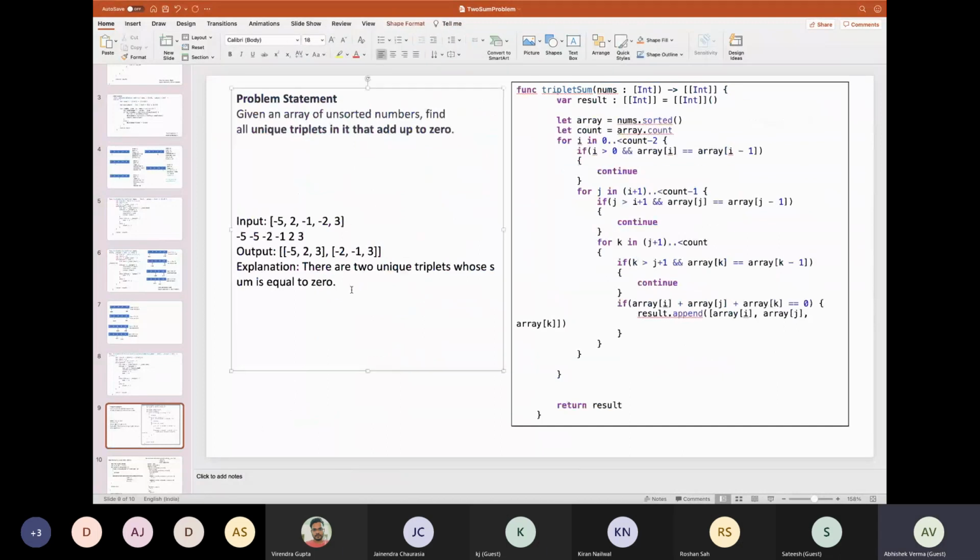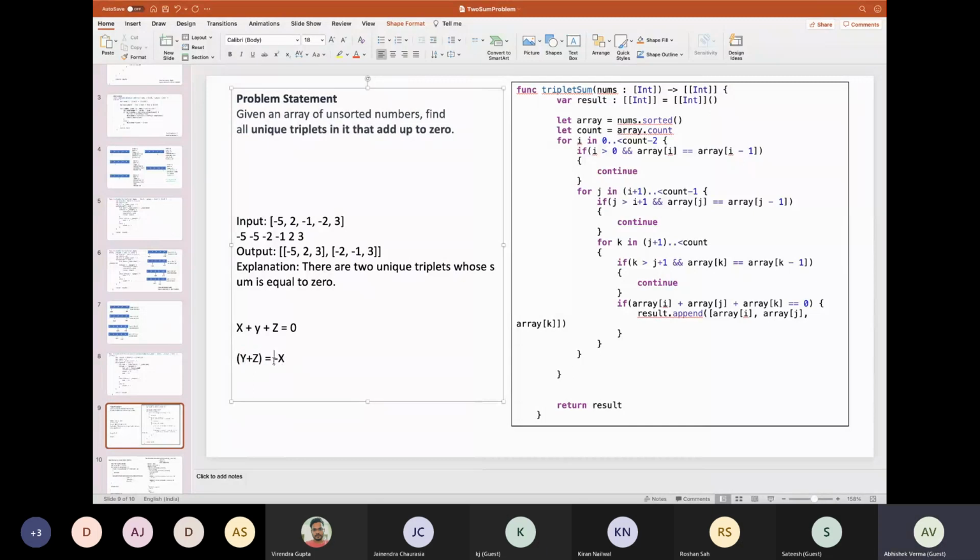Just to make things more clear, if I say x plus y plus z equals 0, instead I can also say that x plus y is equal to minus z. Yeah, and the way we have done it, y plus z is equal to minus x.